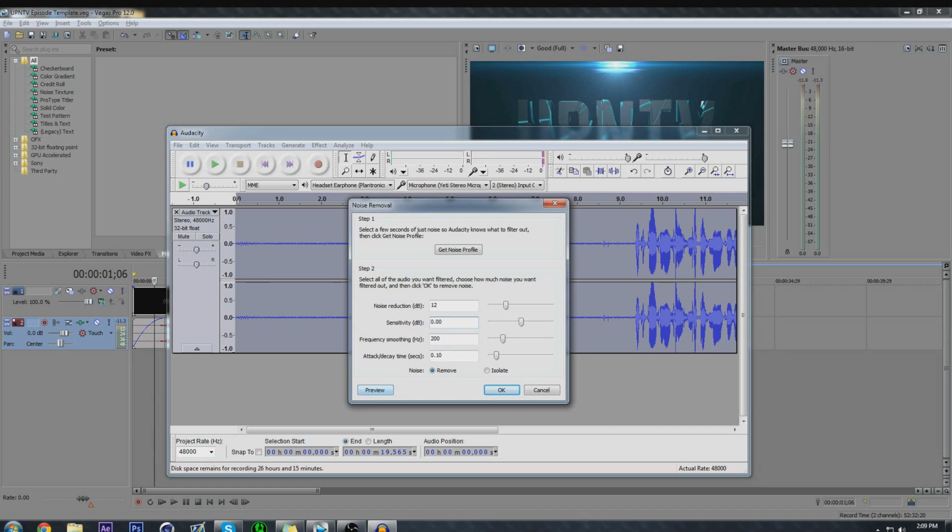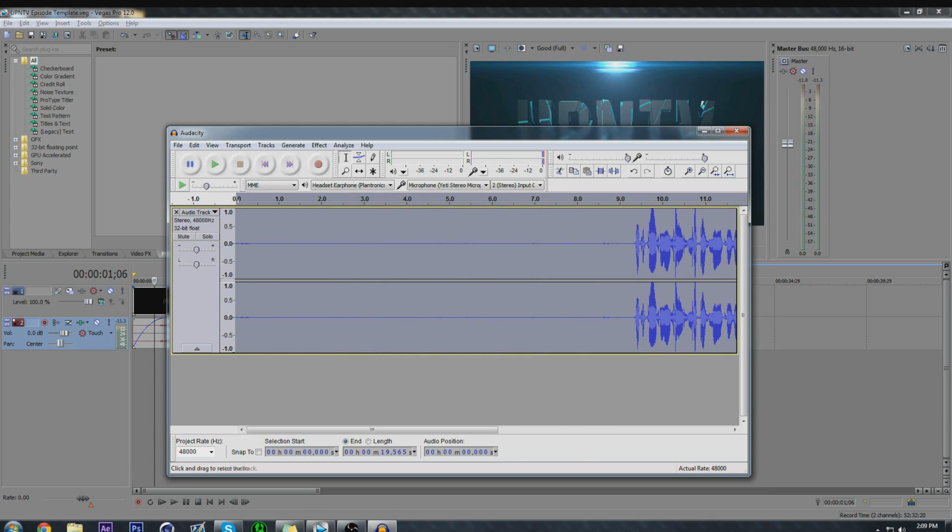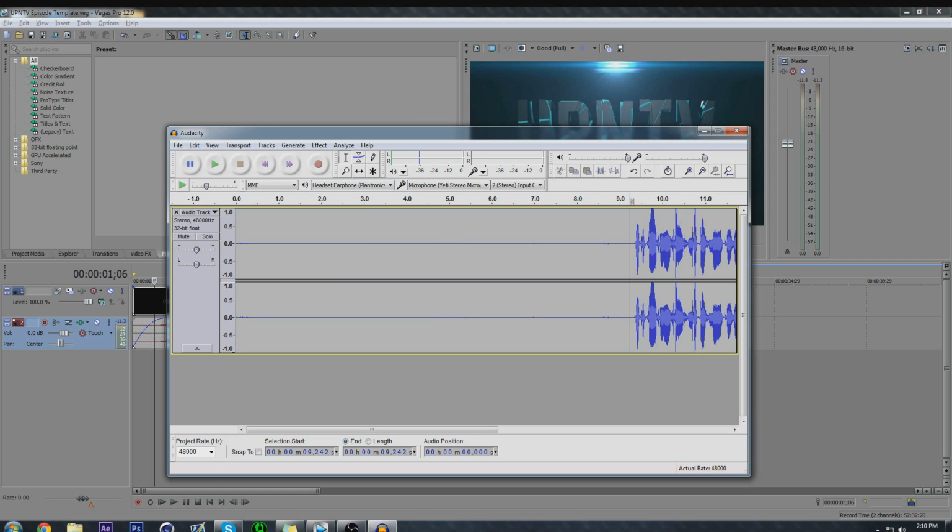If you want to preview a whole clip and how it would sound, you can do it, but the preview will actually just play the first section of it, so you'll always just hear room noise being removed, and so it's going to be like silence. I'm going to hit OK, and there you see the line is much straighter. If you play this, you don't hear a lot. It's very quiet. You get most of the room noise, a little bit of bumps here and there, but it's significantly improved. And if you actually play this,